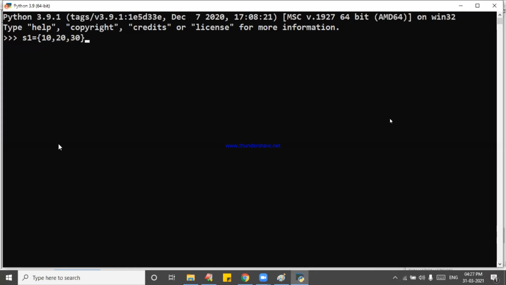This is my value. Okay. S2 is equal to, now I am writing another set, I am taking {20, 30, 40}. Now I want the answer: S3 is equal to S1.intersection(S2).